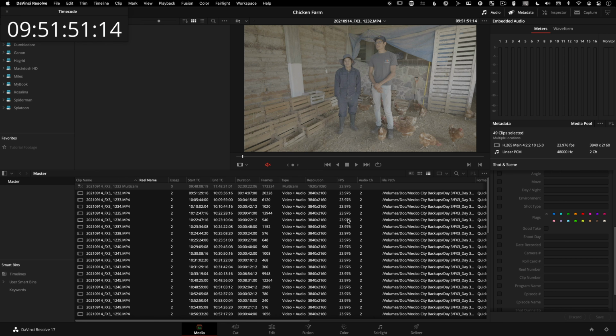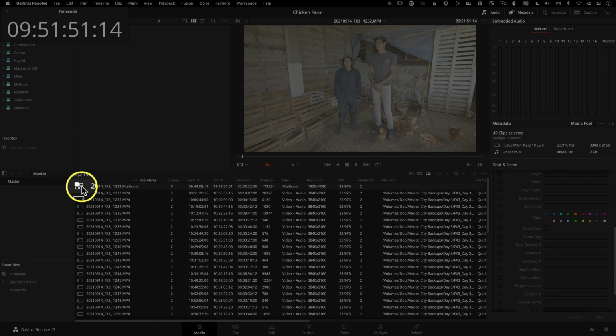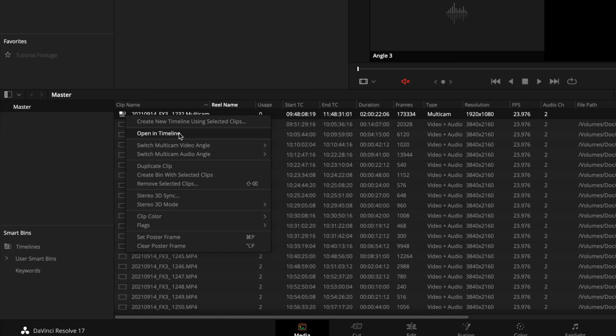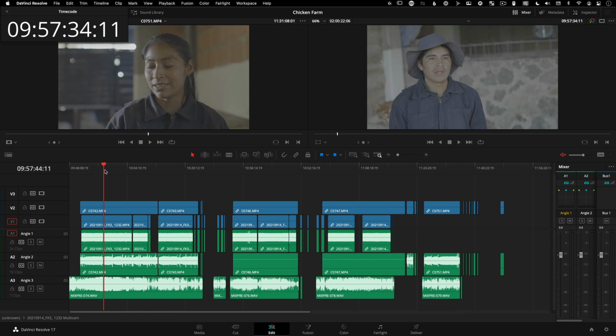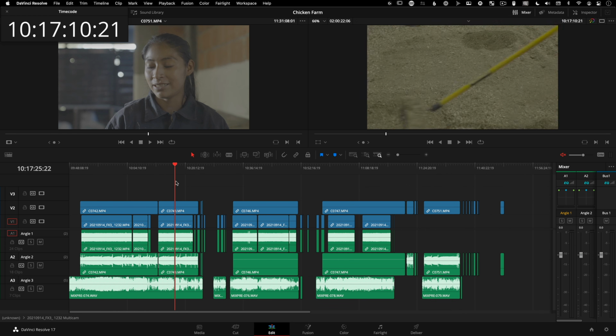Boom, just like that. It's like instantaneously. It's unbelievable, right? We can open this in timeline by right-clicking on it saying open in timeline. And just like that, you can see all of the clips basically in order of how they were shot, just like that. I mean, check that out. That's